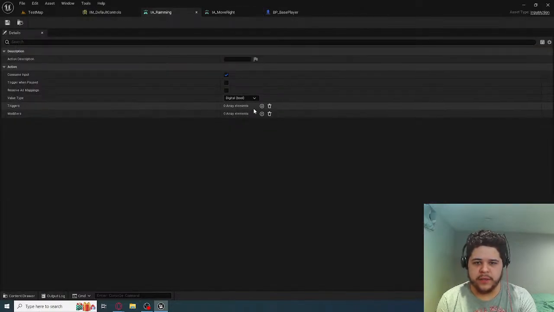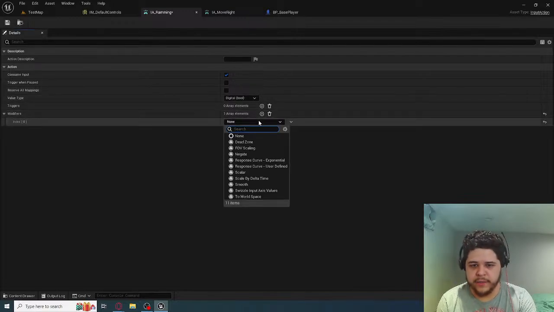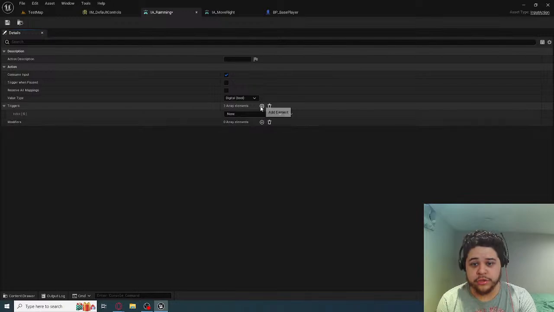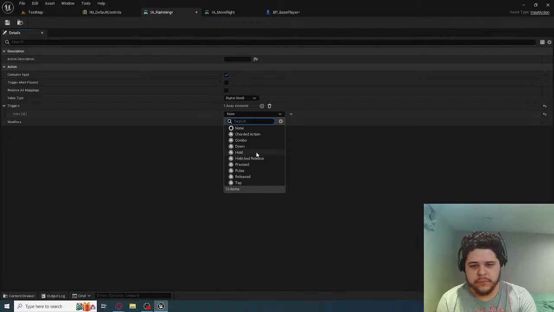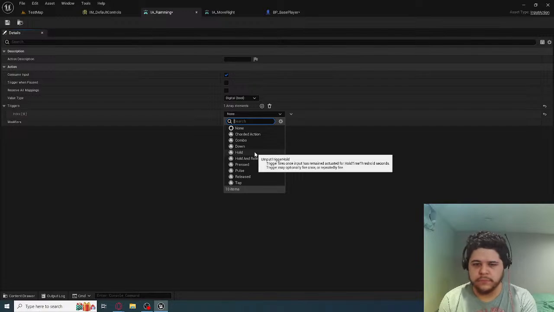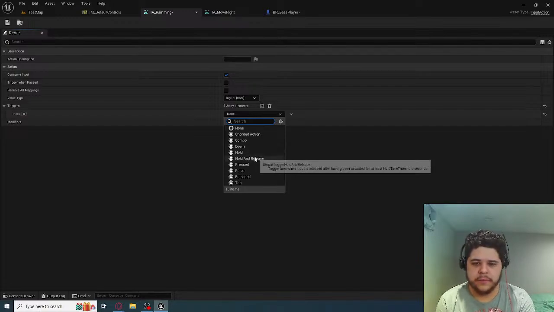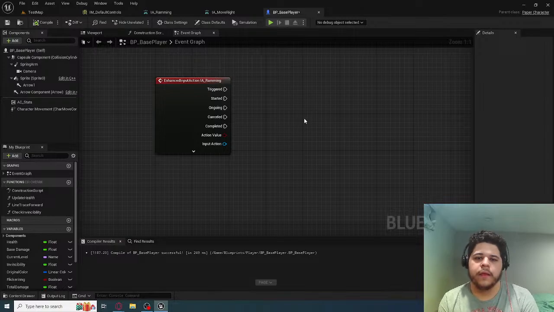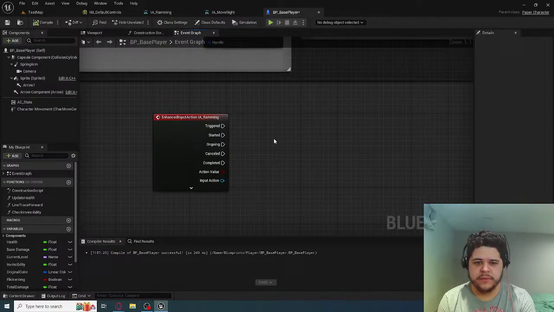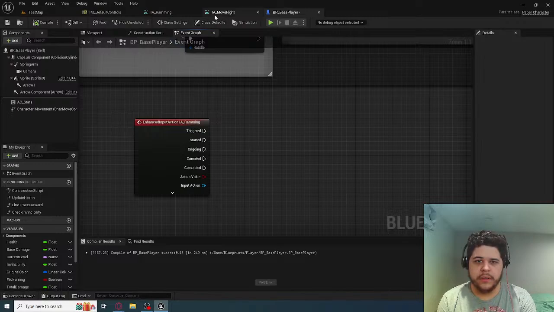Actually, I gotta change it again as well. Not the value type, but I'm gonna add a modifier to it. Nope, I'm gonna add a trigger to it. Sorry. And hold. Yeah, it's gonna be a hold thing. If you have held it, it will... Also, you have to hold it in a specific direction. So...